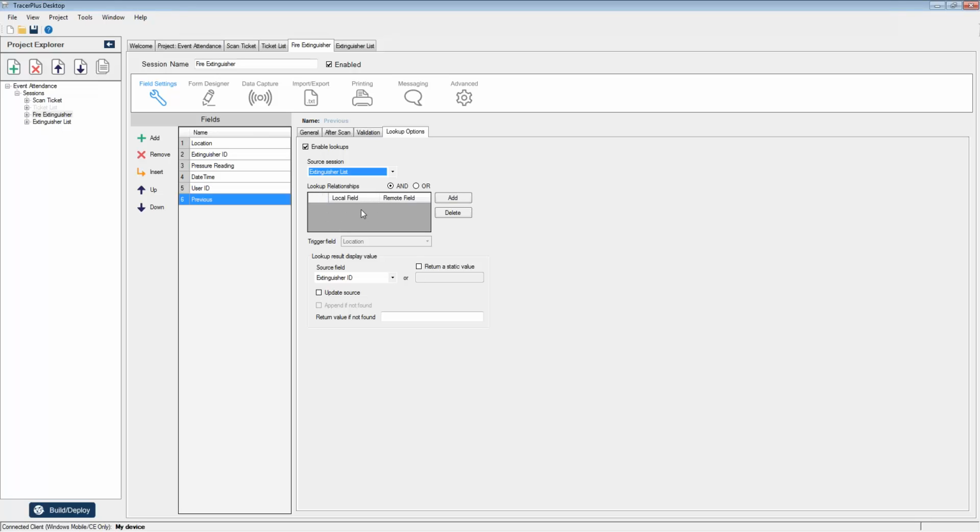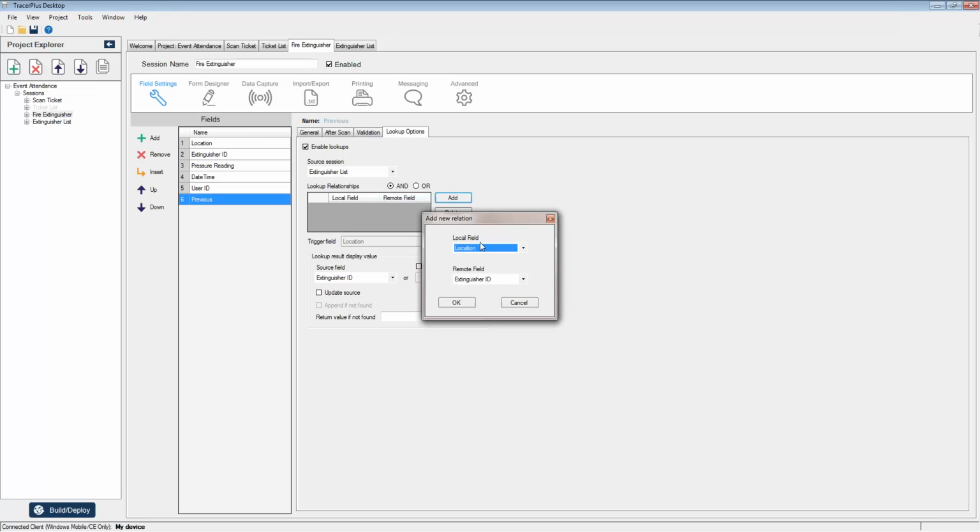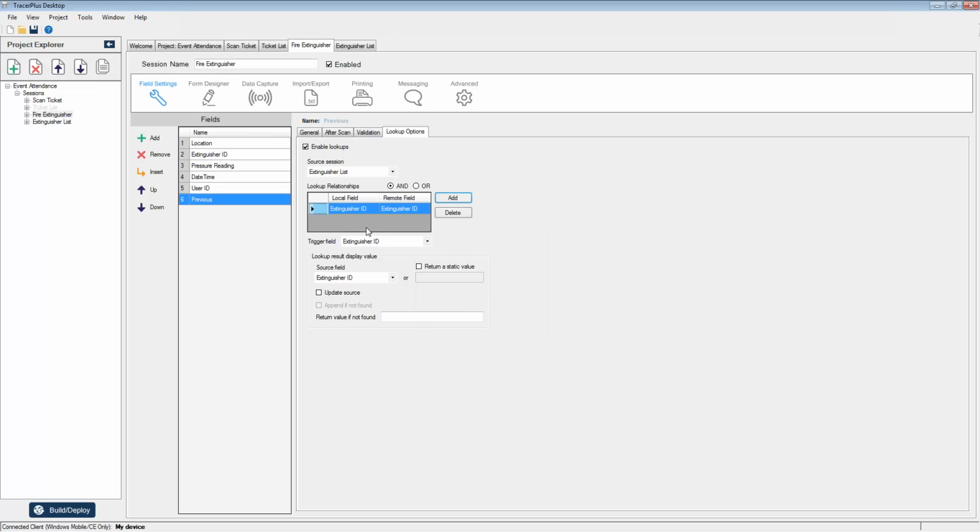The next thing I need to configure is how it's going to find that previous value. And in this case, it's pretty simple. It's just going to be finding it based on the extinguisher ID. So you want to match the extinguisher ID that the user scans or keys into this form to the extinguisher ID that was added to the remote extinguisher list session. Okay, so it's just matching the value that you scan on this form to whatever it can find in the